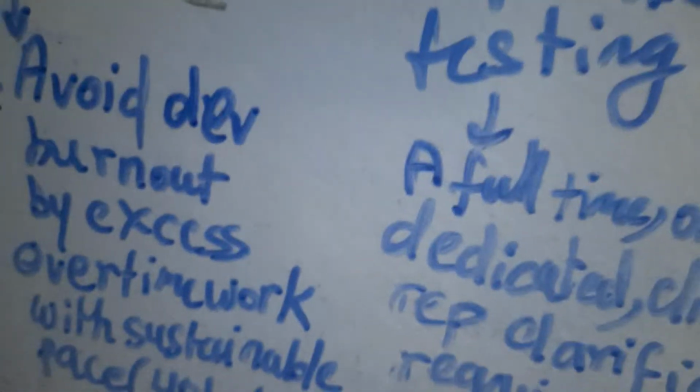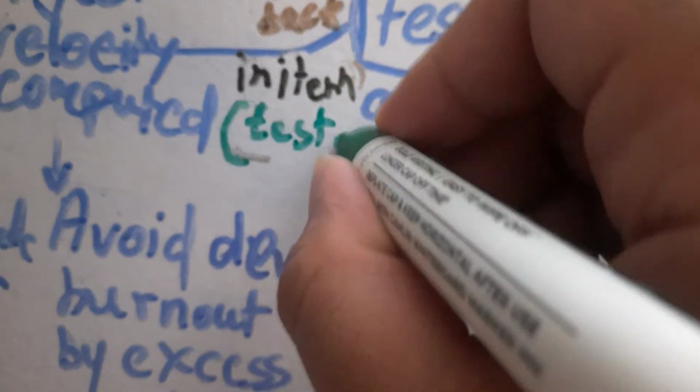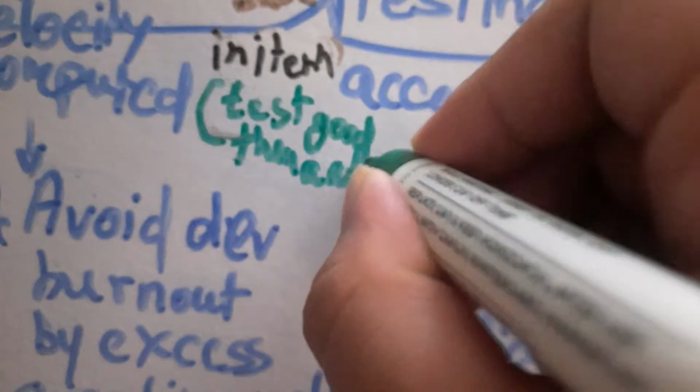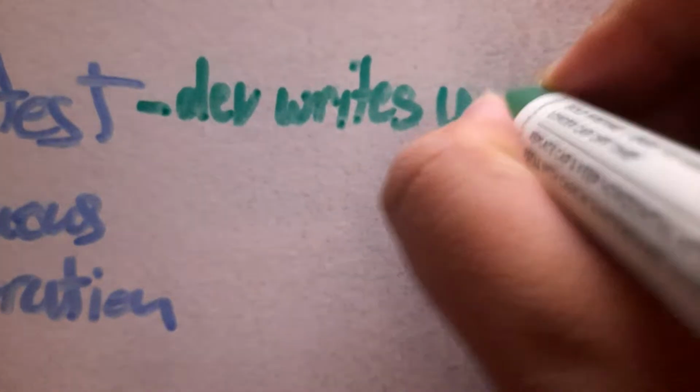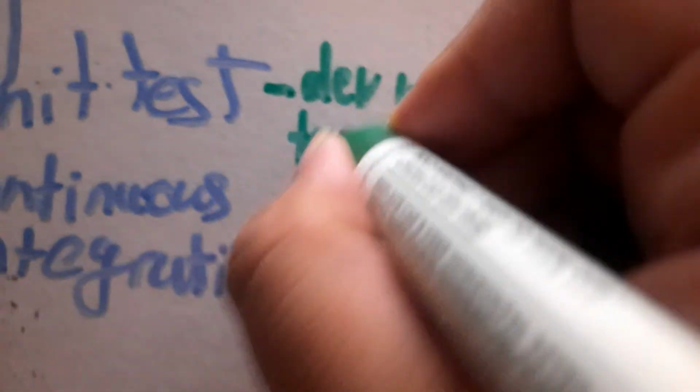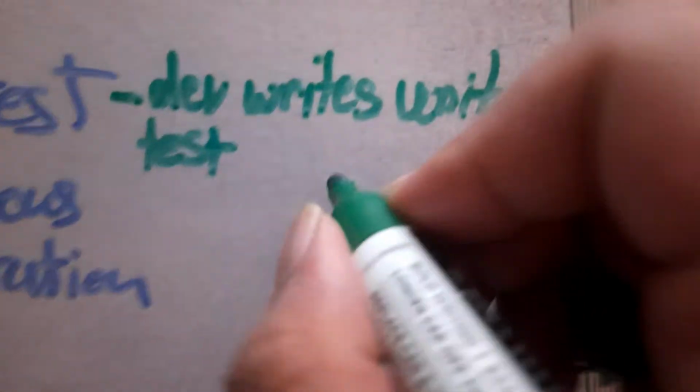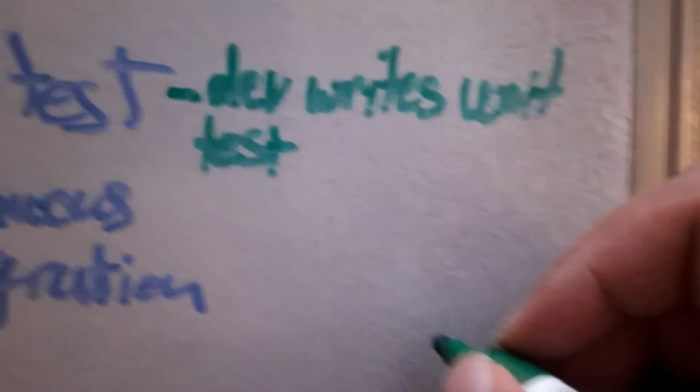It might not be properly visible, but I don't have any other way. Go test good. Then automated. Okay. You get this, right? Now time for unit testing. Developer writes unit test. I thought this won't be visible. This is visible better than others. Wow. World is unexpected. Developer writes unit test